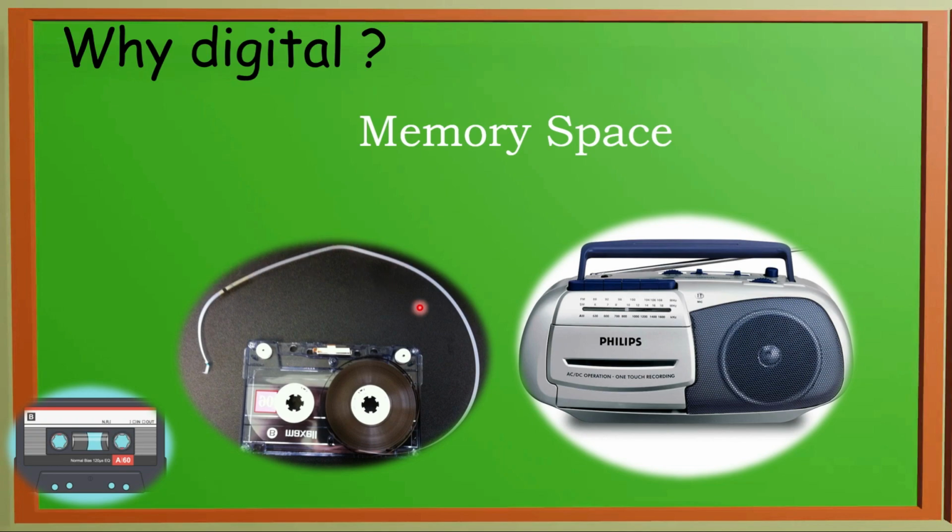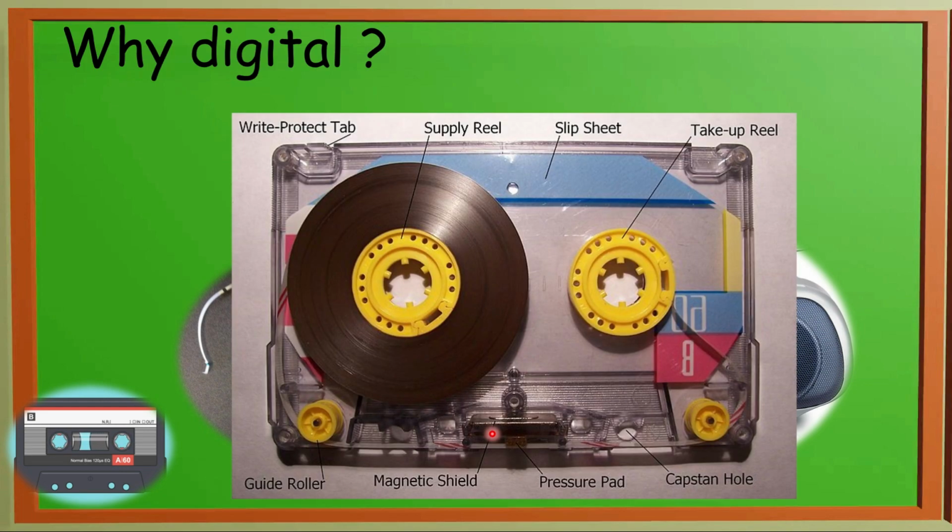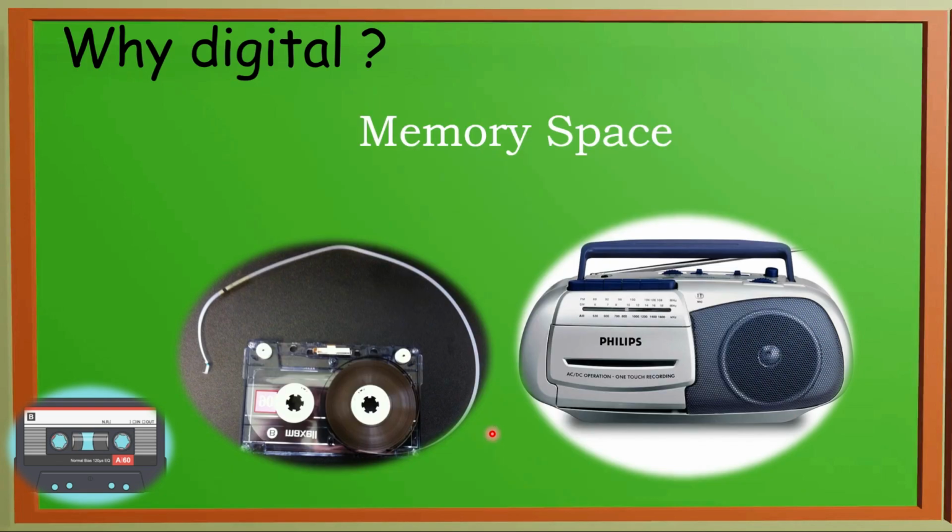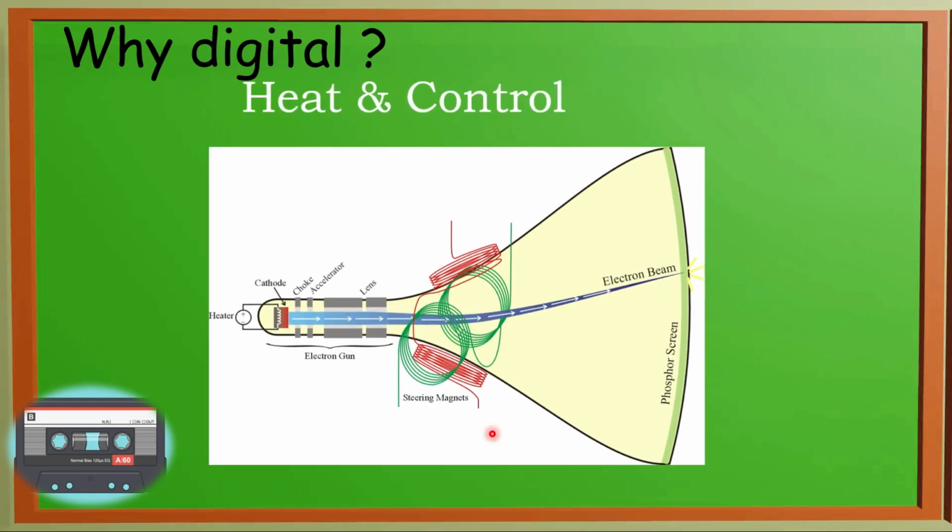I think everyone might have played with the tape of this particular cassette. This is a very lengthy tape. If you might have opened it, its length is around in meters. In meters of length, very few songs were embedded, but now we have small memory cards. And how many songs do we get on small memory cards? We get hundreds of songs in a small space. That is one advantage of digital system.